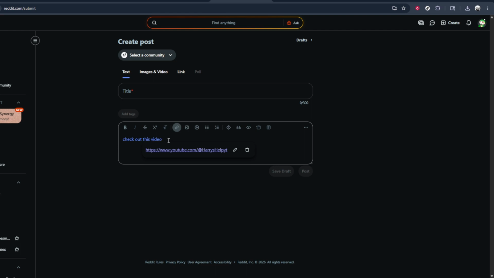Then go back to your Reddit post editor and paste that link into the URL field. After pasting, confirm or insert the link. You'll see that the text you highlighted is now formatted